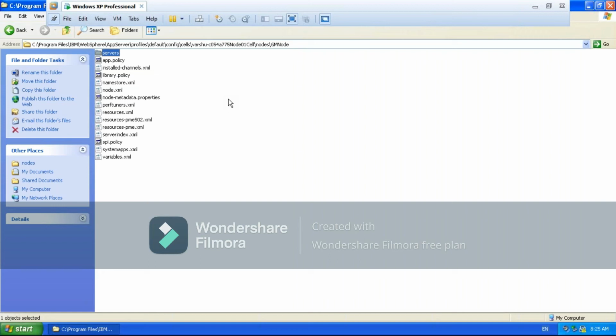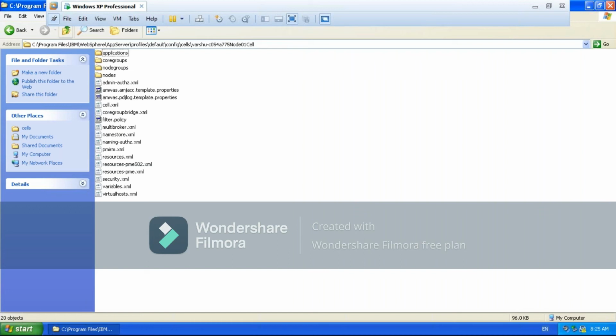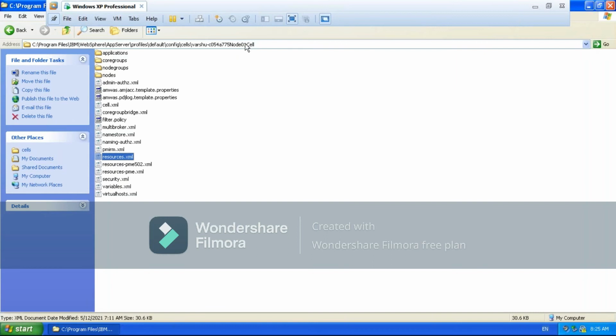If while creating, you give the resource scope at cell level, then the resource.xml file which is there at cell level will be updated. Because of this, under the cell, whatever nodes we have, under those nodes, whatever JVMs we have, everything is going to use that JDBC resource to interact with that database. Very, very important thing that I discussed. If anybody has any doubt regarding it, please shout.